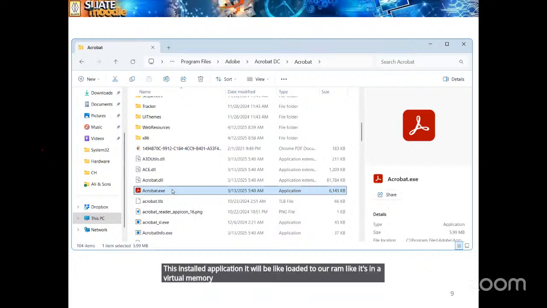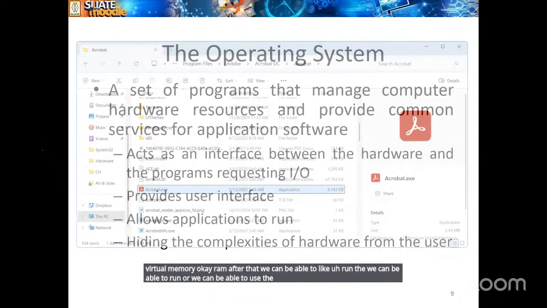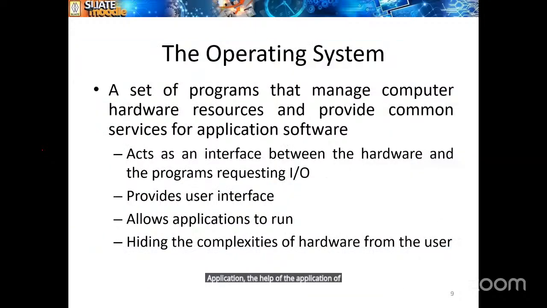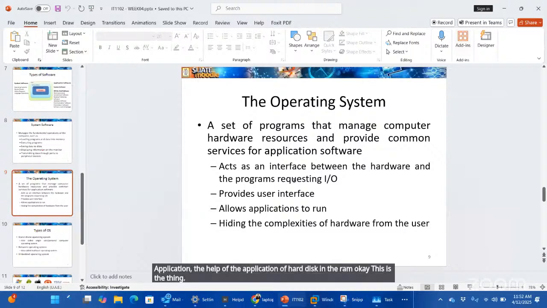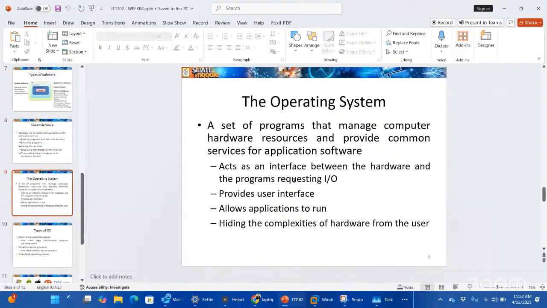After that, we are able to run and use the application with the help of the hard disk and the RAM. Did you get the clarity? Okay, perfect.